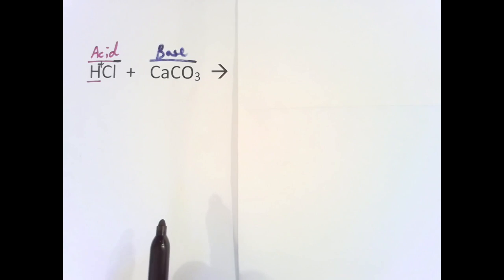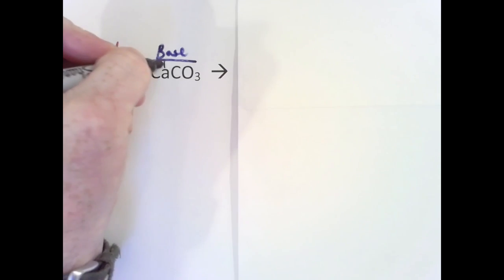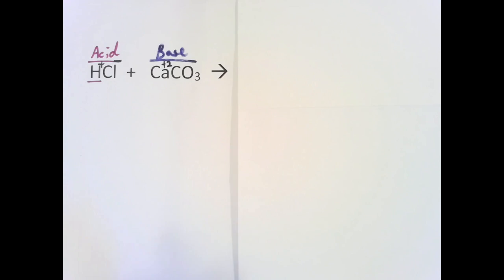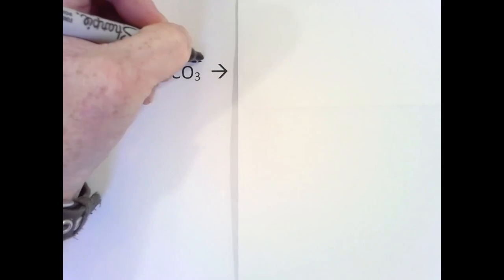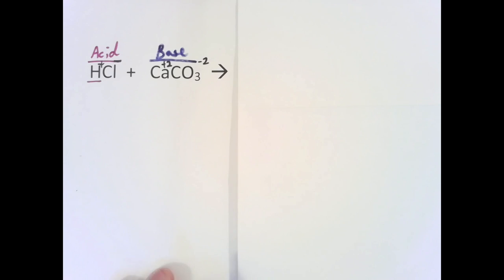Over here, we've got calcium, which is group 2. That's the alkali earth metals. They become positive 2 charge. But over here, carbonate, if you look it up on your periodic table, you'll see that it is a negative ion and it receives negative 2 charge. So what we're basically watching happen is